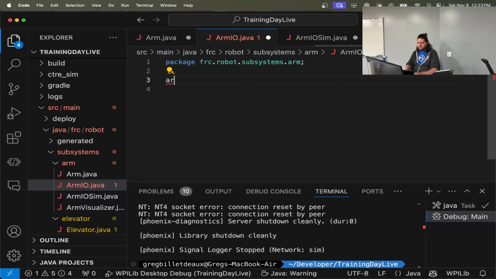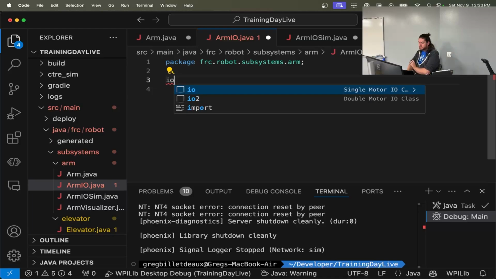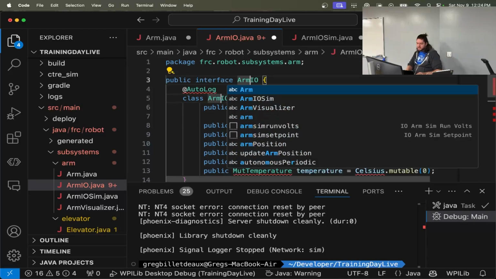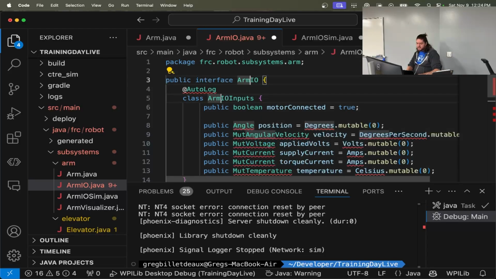And actually I did the wrong one here. I/O, that's what we're in, the I/O class. So I/O and I/O2 motor class I made for fun. It makes all of this, and it starts putting your cursor. You might notice I have two cursors now. And it's going to fill in that arm. And I just hit tab, and it says, okay,